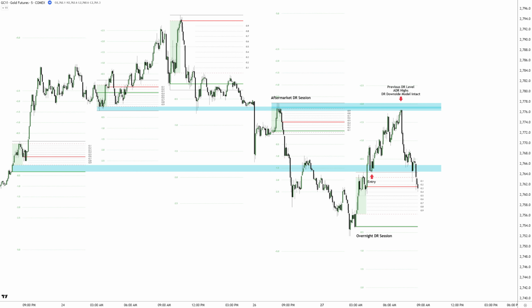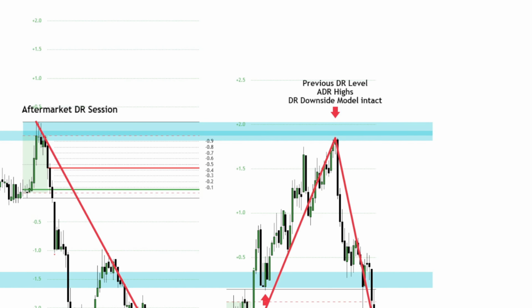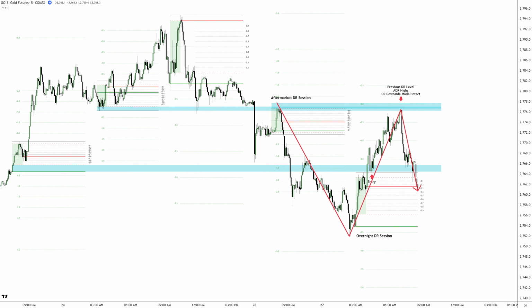With the DR downside model intact between the aftermarket and overnight DR sessions, price continued to respect the structure, failing to violate the aftermarket DR highs. Instead, it found resistance at another well-aligned previous DR session level, reinforcing the strength of the model. Already at this stage, it's evident just how impactful previous DR session levels can be when it comes to anticipating